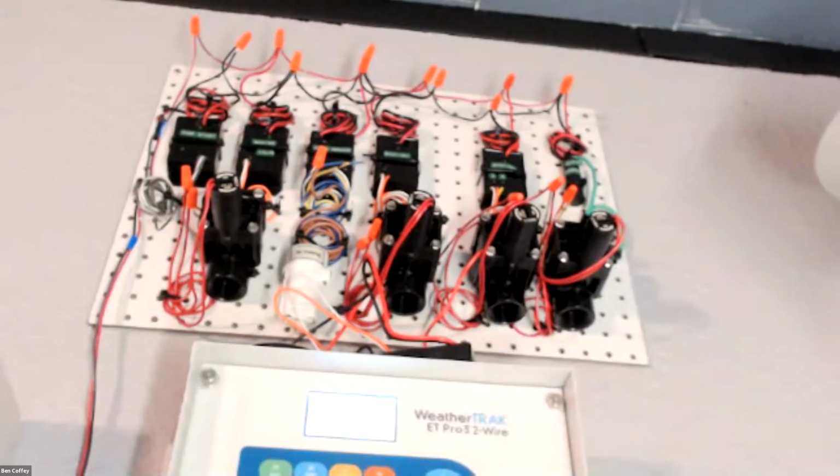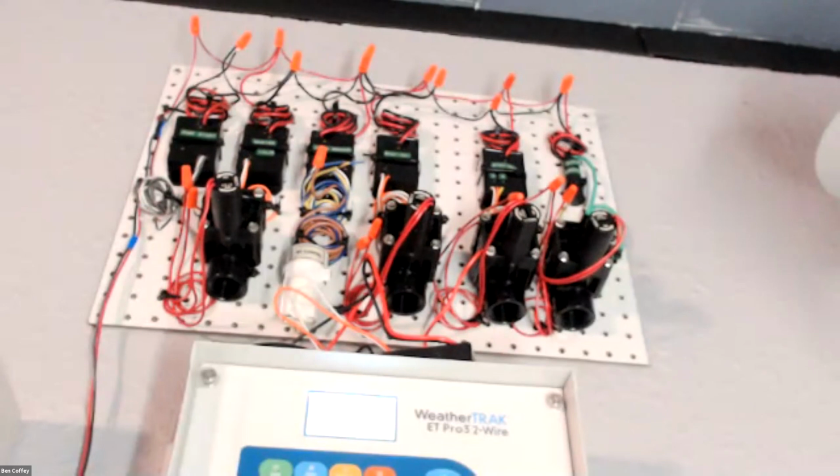a 2-wire controller. Hey, Ben? Yes? Any chance you could go back to your computer audio? Yep. Is it bad? Got it. Thank you. Let's try that. I will go back to this guy and I'll carry the mic. Is that better? Yes. Okay. Let me try this guy. So,